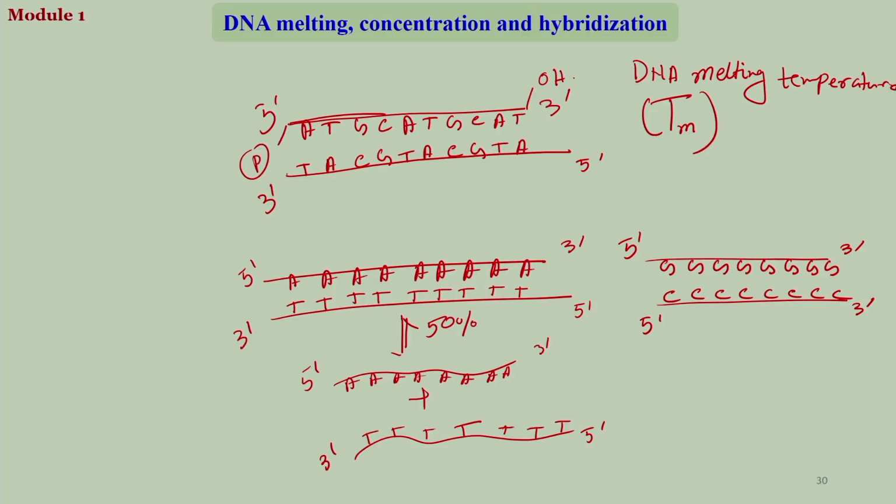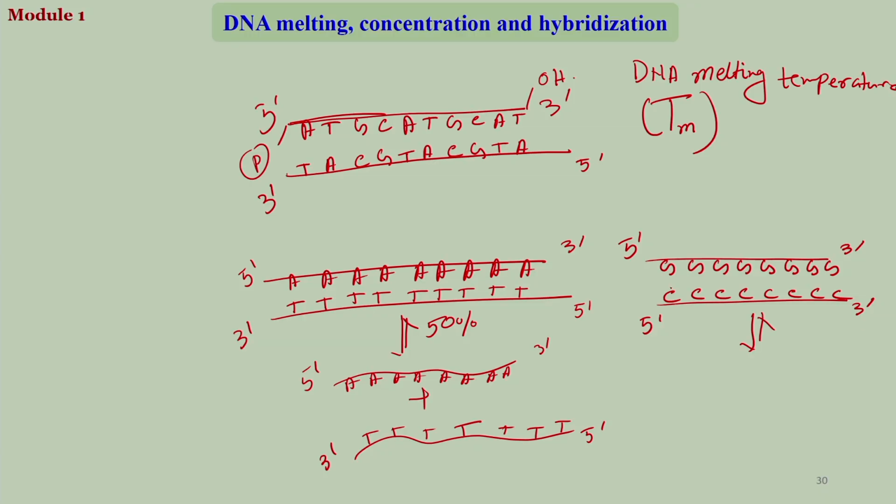So, that is the definition of the melting point, and it is kind of a characteristic of a DNA, not really, but it gives you an idea how strong the DNA is or what the length of the DNA can be. So, obviously, if you look at the AT rich sequence and the GC rich sequence, the melting temperature of the GC rich sequence will be higher, because you need more heat or more energy to break the GC rich hydrogen bonds. So, 50% here, and here you will have 5 prime to 3 prime all G